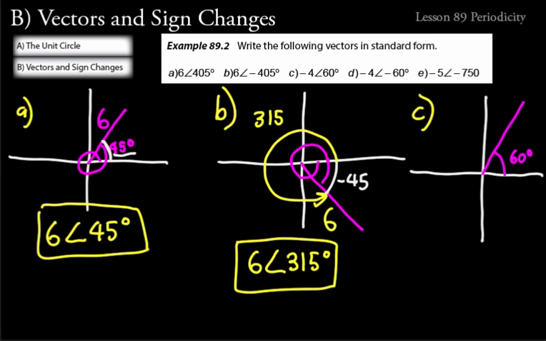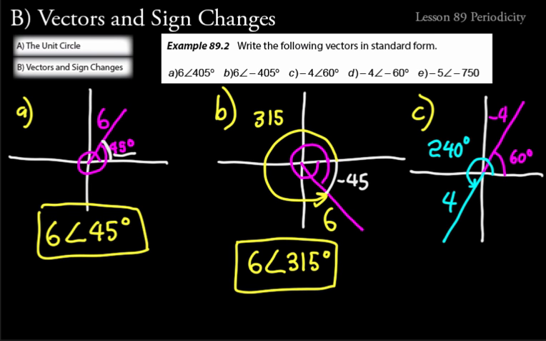Then our magnitude is a minus 4. So to properly locate that magnitude, we need to flip this. We need to be down here, 180 degrees the other direction. So what would that be? That'd be 180 plus 60. That's 240 degrees is that angle relative to the x-axis, magnitude of 4.